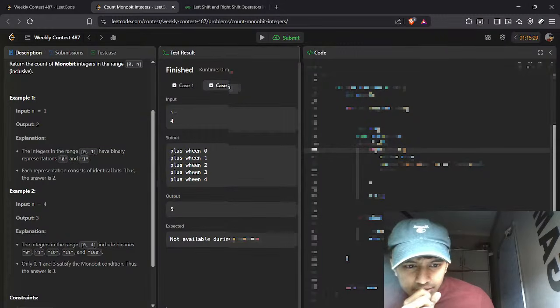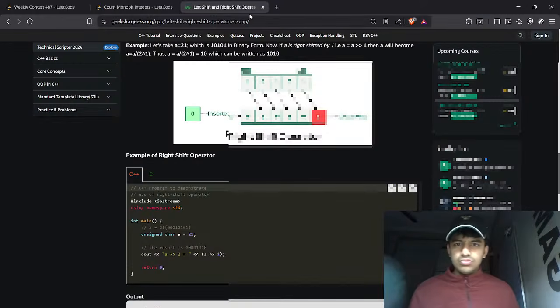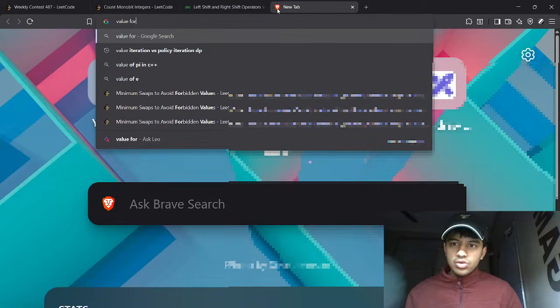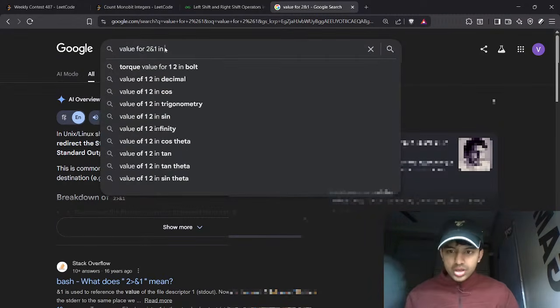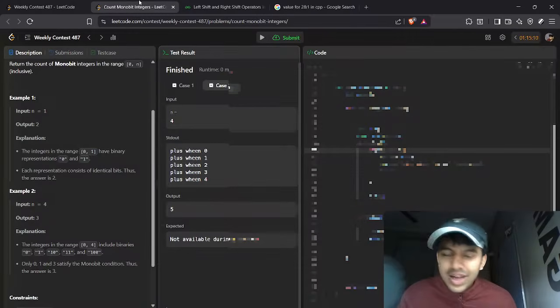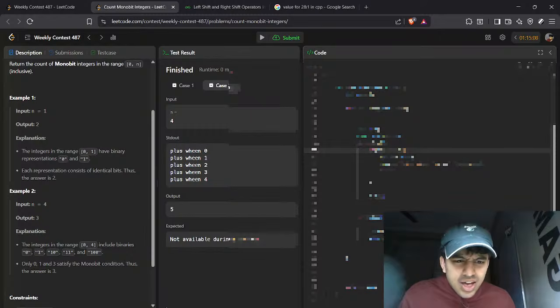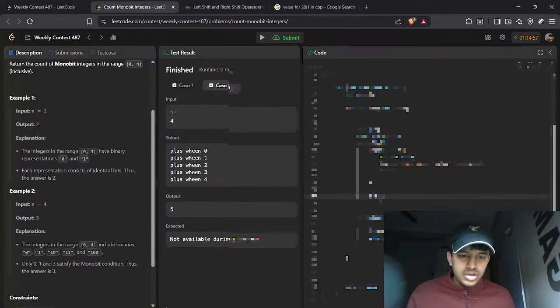What is 2 and 1? Value for 2 and 1. 2 and 1 in CPP evaluates to 0. Exactly. If C and 1 equals to 0, equal to C by 2,